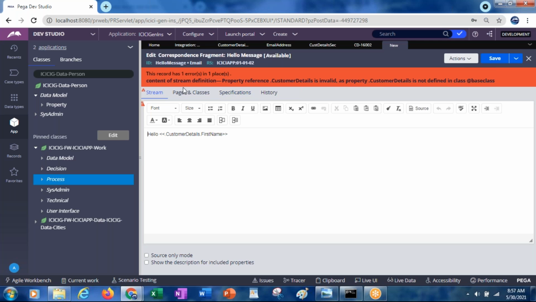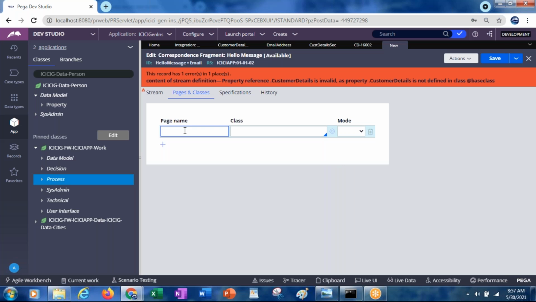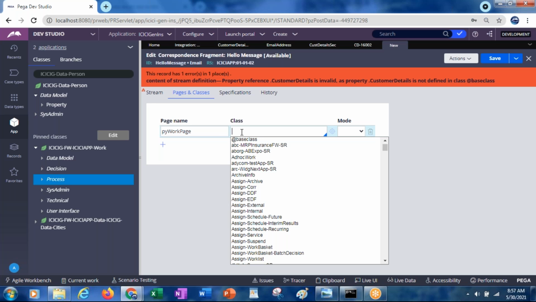Customer details is not valid. Okay, let's select this. Let's declare it as a. Why? Because we are not creating this in a particular class. In general, if you are creating in a class, then it's okay. But this is not particular to the class, so this can be referred anywhere.